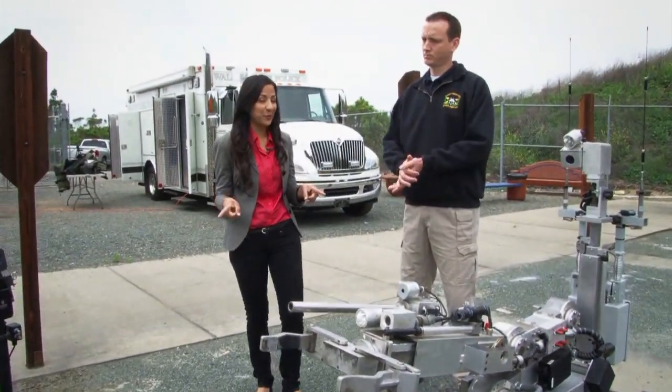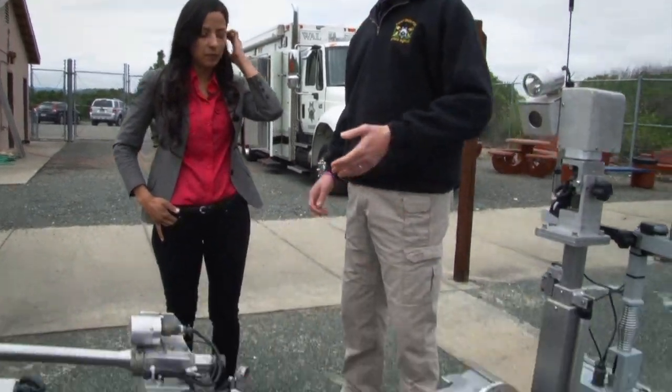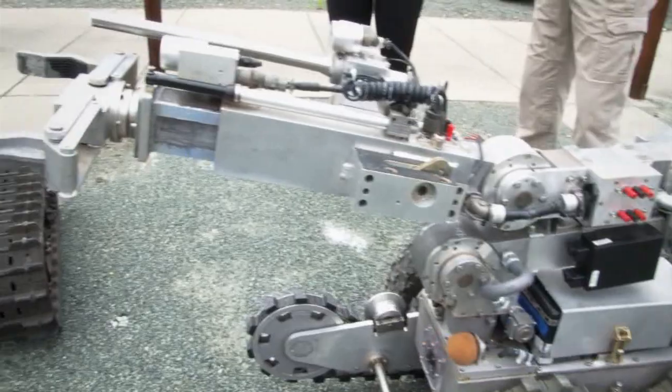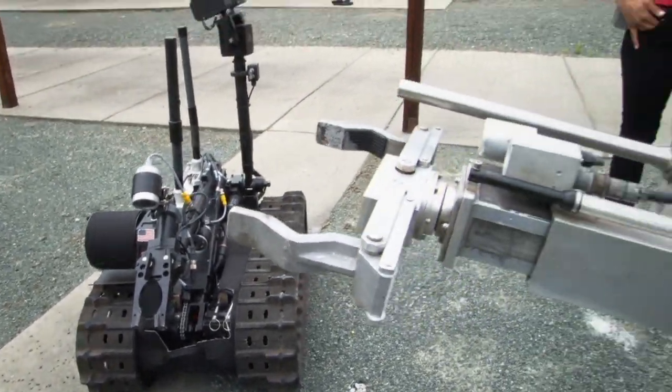Now these are really cool. Talk to us about the robots you have here. Well, we've got 2 robots. The first one is the Remote Tech F6A. The other one is a Talon robot, and we use them for different applications. The black one over here, the Talon,